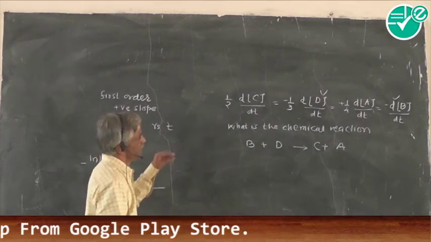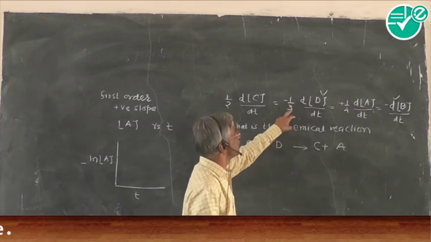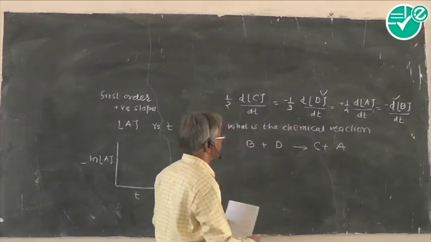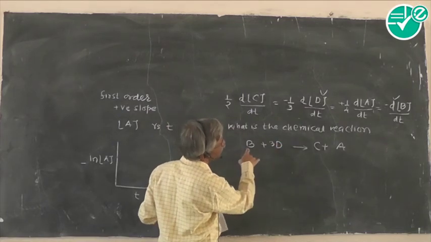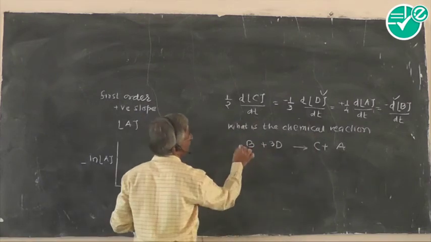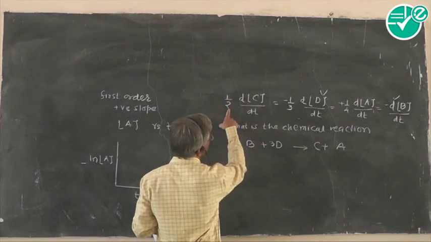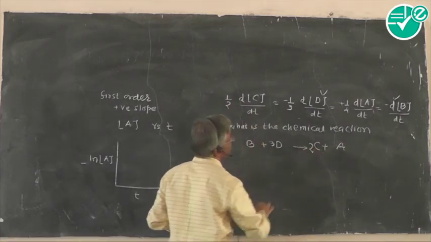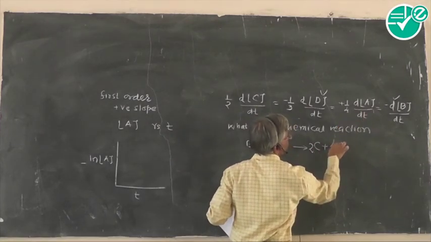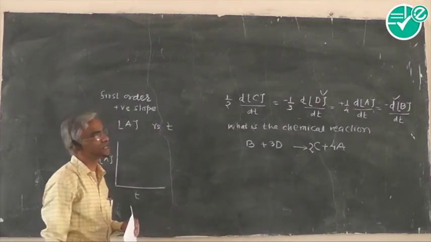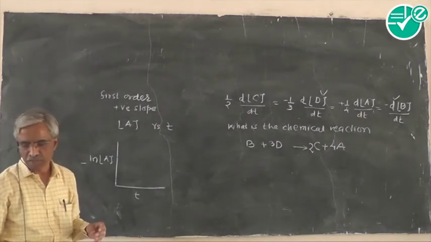Now the number of moles for D, it is 1/3. That means take it equal to the reciprocal of this. This will be 3 moles. Then for B, we have only 1, therefore we need not write 1 here. For C, it is 1/2. Reciprocal of 1/2 is 2, so write 2 here. Now for dA upon dt, the reciprocal of 1/4 is 4, so it is 4. So the correct reaction of the above expression is B plus 3D giving 2C plus 4A.